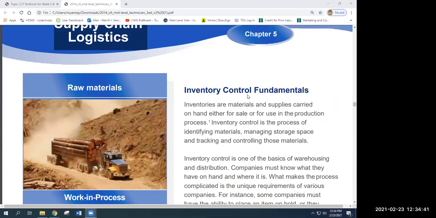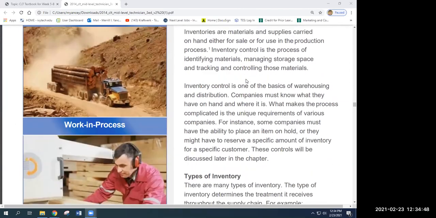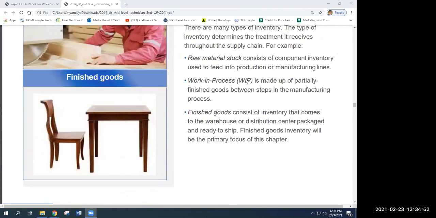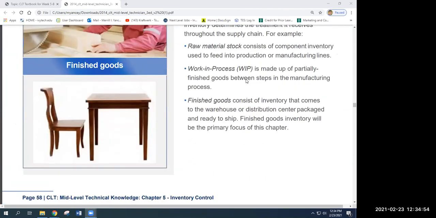Inventory comes in 3 different phases or types. We got raw materials, work in progress, anything that's not ready to sell, and then finished goods. That's anything that is packaged and ready to sell. And so you've got